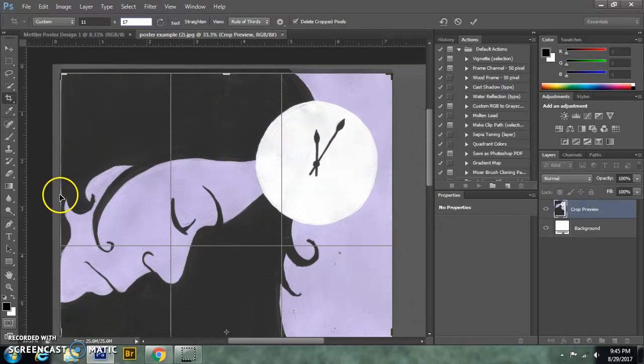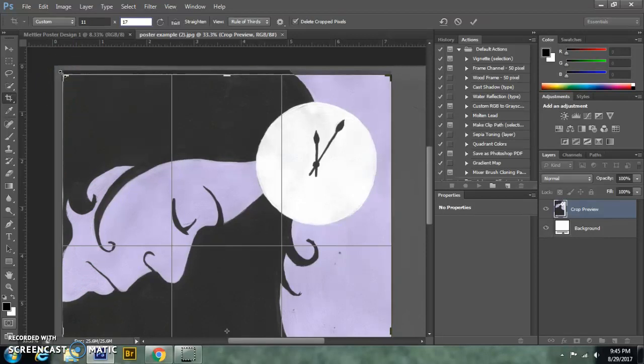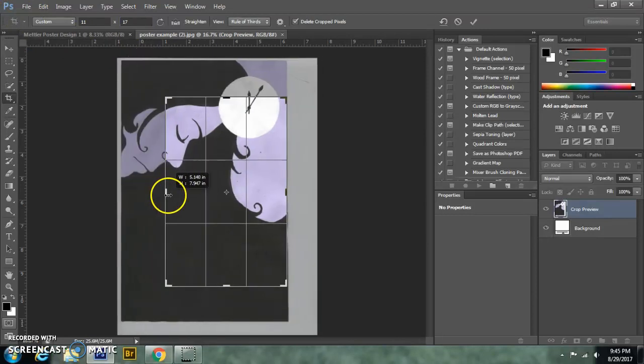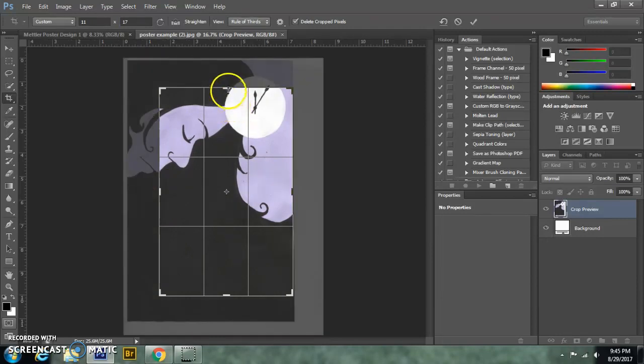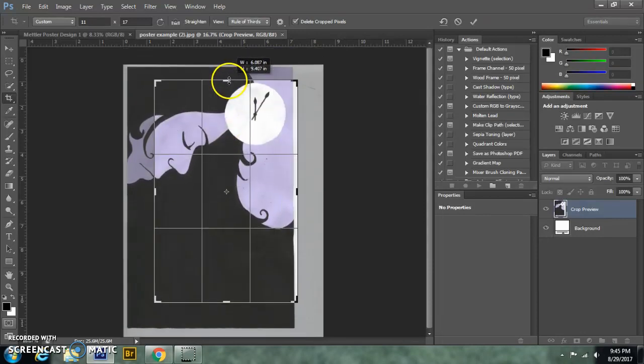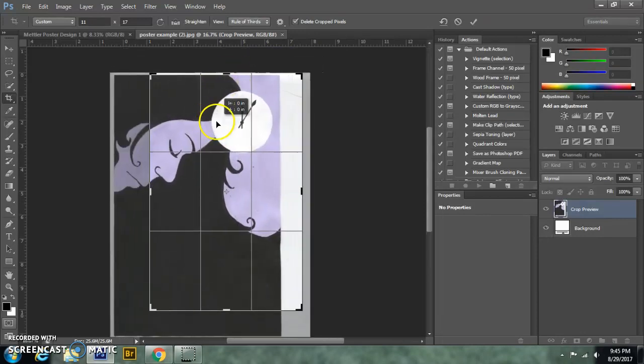Here there's a little bit of white space. I'm not super keen on that, but again, it's not a deal breaker. It's not a bad crop, and I want to have as much of the design in there as I can. If I bring this in any farther, it could very well take away some of the detail on the hair. Now if I zoom out by using my control minus key, you can see if I drag from the side or the top, it keeps that same shape rectangle, so it keeps that 11x17 ratio. So it makes for a nice little